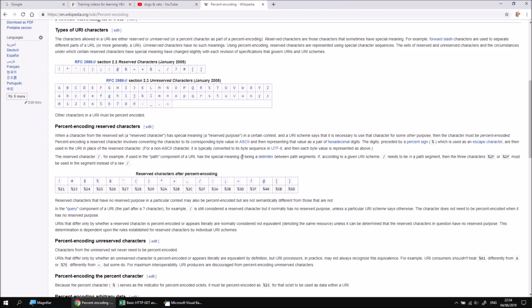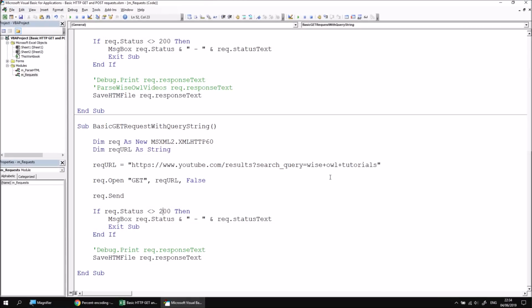Let's say, for example, I was trying to search for C++ tutorials. Maybe I got bored of VBA and I want to give myself more of a challenge and learn a more advanced programming language. Let's say I want to change my search query to search for C++. You can probably predict the sort of thing that might happen here. If I run this subroutine, it does indeed work, and it sends this search query C++